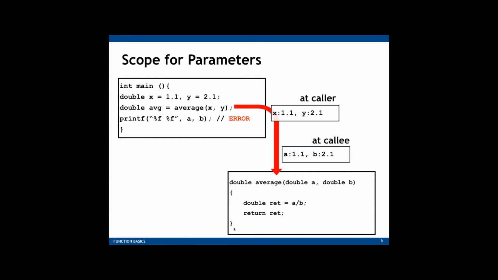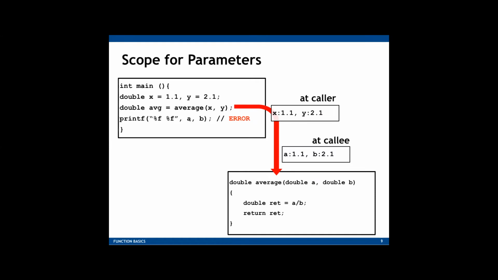Variables that are declared within the body of a function definition are said to be local to the function, or to have that function as their scope. If a variable is local to some function, we sometimes simply call it a local variable without specifying the function. So this is an error